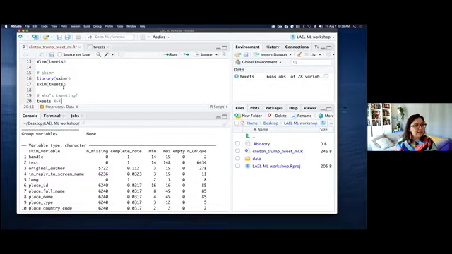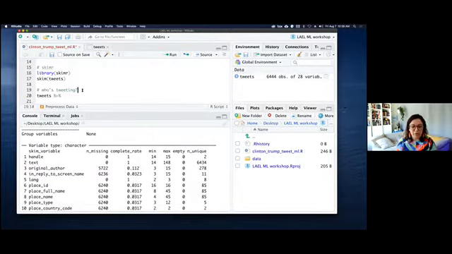There is a shortcut for the pipe. I never use it. If anyone knows by heart what the shortcut is, it's command, no, that is M. Okay, found it. It's command shift M